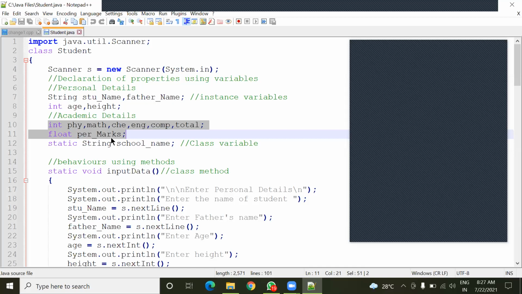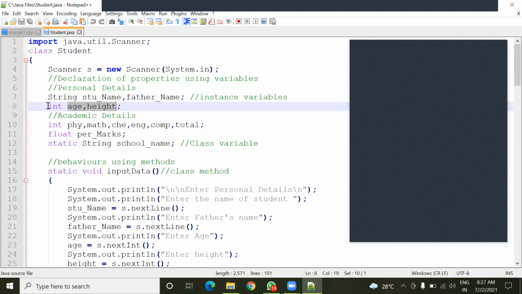Sir, what are these int, float, and static? Actually, these are data types. Here I have age and height. These are variables, meaning some values we can store inside these variables.